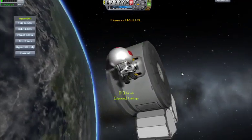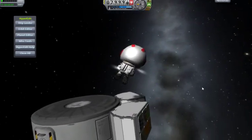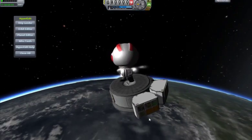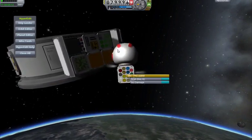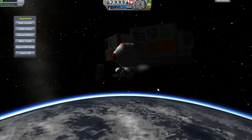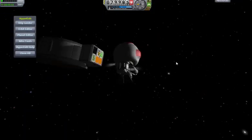And if we just change the camera, okay. So in space, it's the same thing. You can take things, you can drop things. In space, of course, if you drop things, they will just continue moving under. So